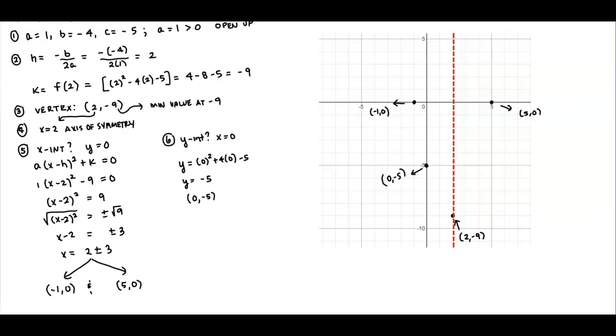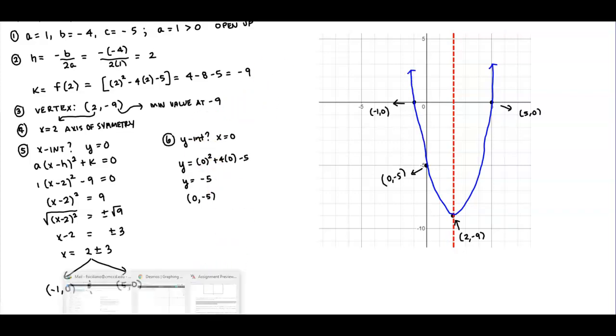And so now the next thing is to just connect our points to create our parabola. And so we know it goes through the y-intercept, and then the x-intercept, and then there's our graph. Okay, now let's just